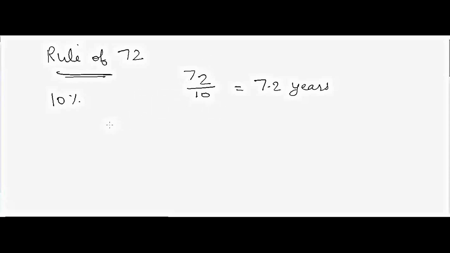So suppose if the rate of interest is 20%, then it will take you 72 divided by 20 is equal to 3.6 years to double your money. So this is approximately right. If you do the calculations, it is approximately right. So this is what we call rule of 72. So the second metric is the rule of